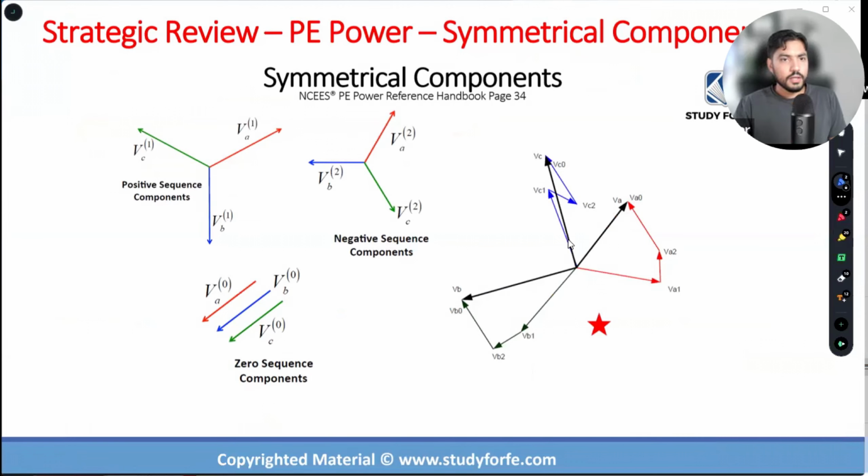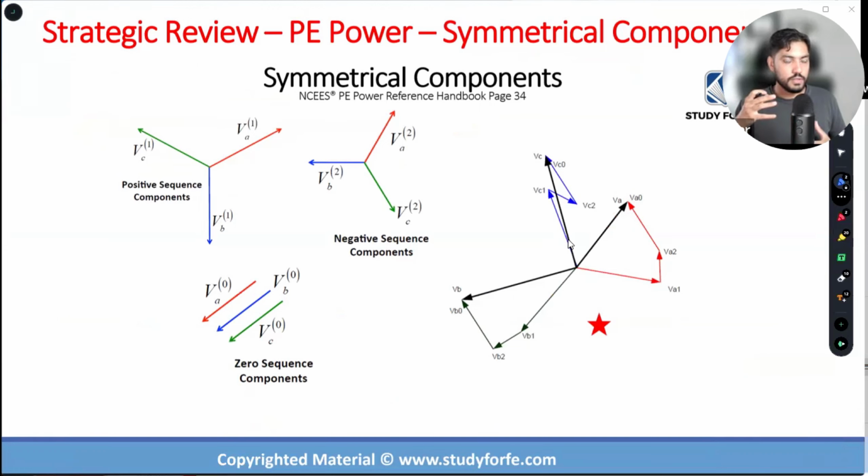This is a strategic review for symmetrical components. Upfront in the course, in section number 2, when we encounter symmetrical components, the approach I take is a little bit more general, right? I go back in theory a little bit and explain what is the need for